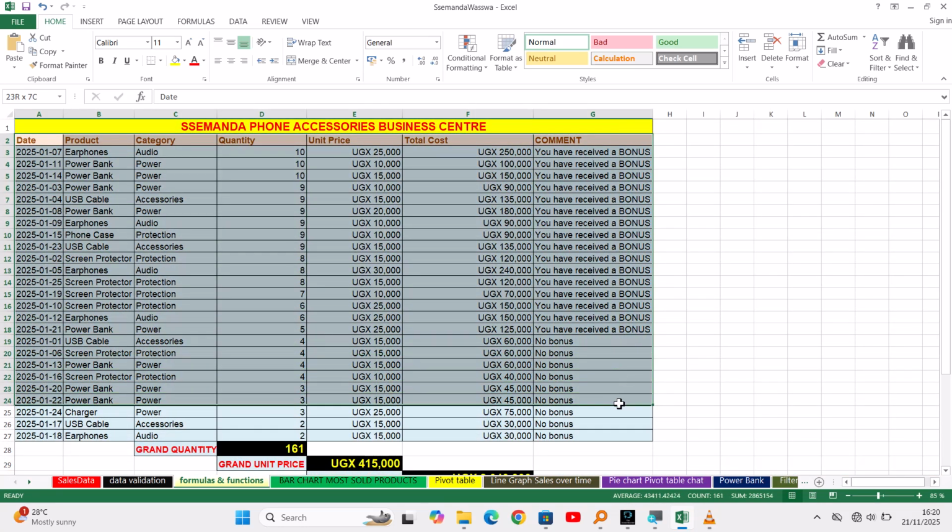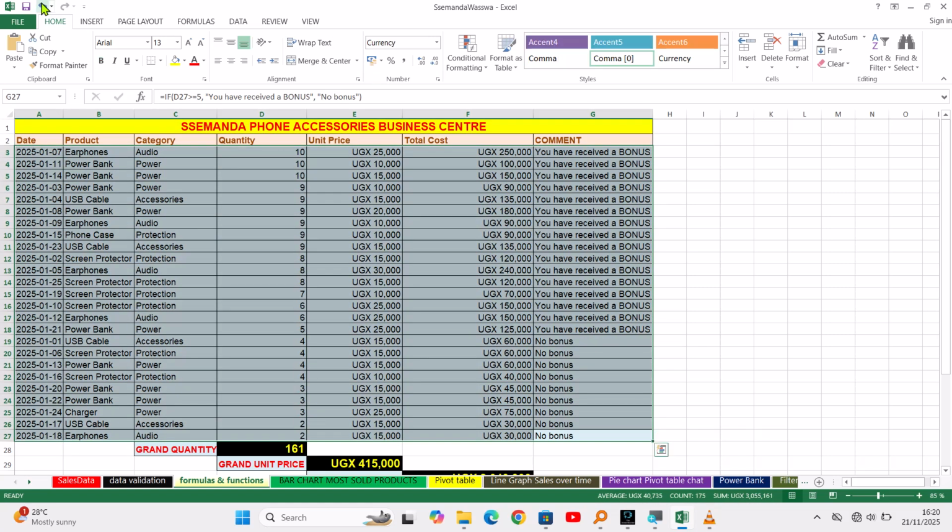You highlight what I want my data to be sorted. Only this one. Then come to Home, then Sort and Filter. If you want to sort in the ascending order,